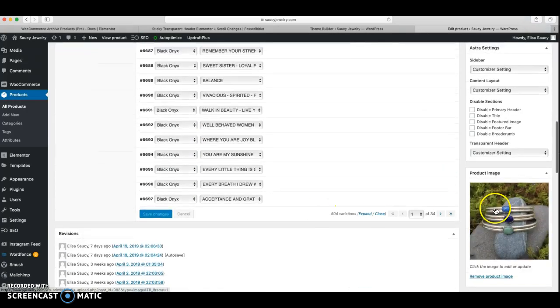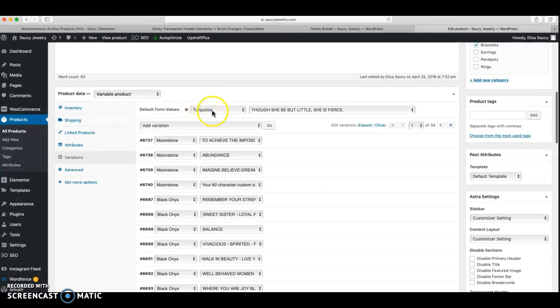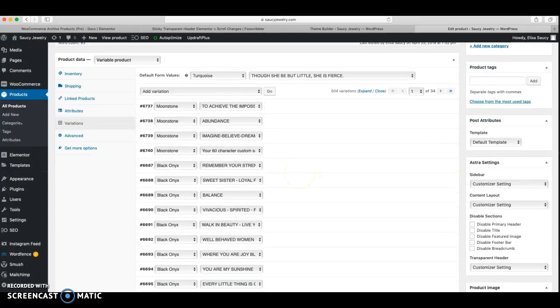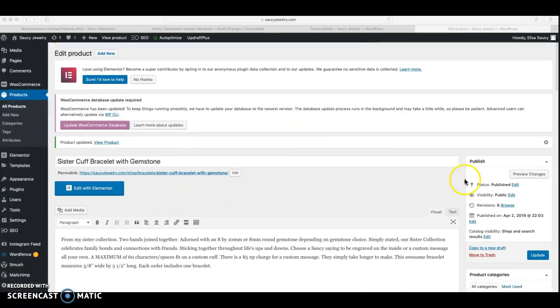I tried to go with maybe grabbing one of the gems that's in the display to sort of start this thing off. But I need to jump back to your site real quick, and we're looking for which item is this? Because I'm going to get the sister cuff bracelet with a gemstone. So I'm going to change the price, but once you get into changing the price, it deletes the price that was previously in there. So you need to